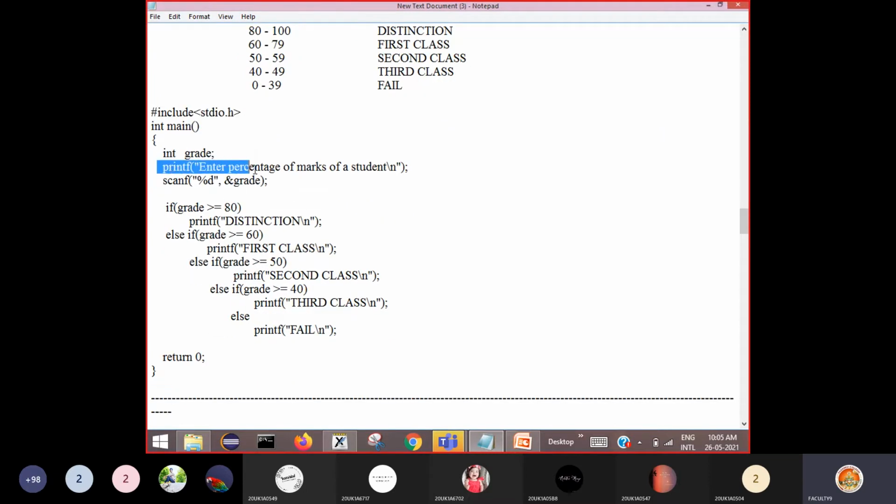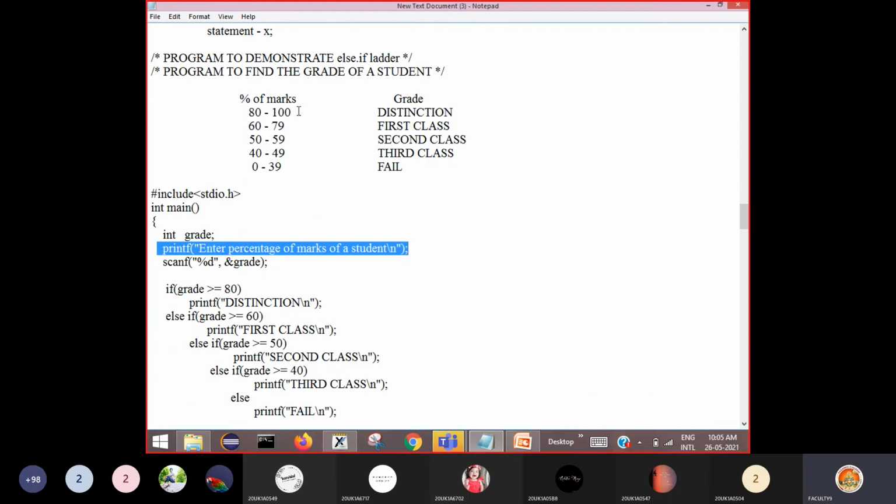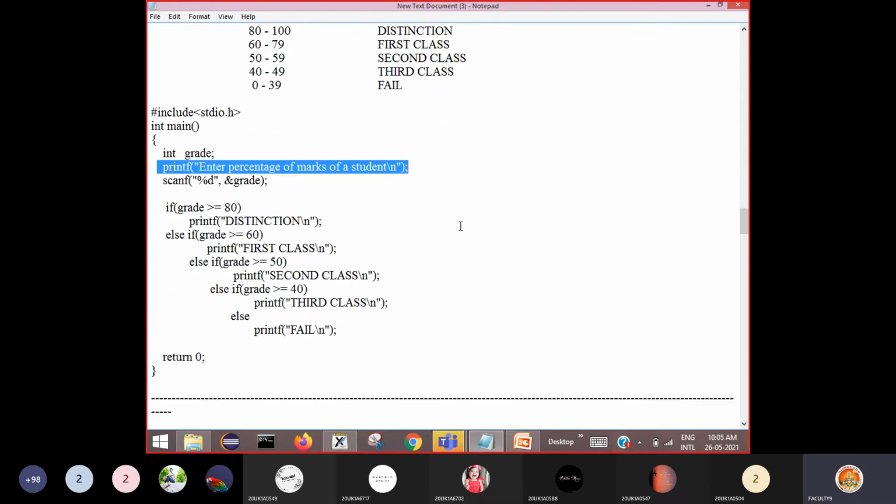Now ask the user to enter the percentage of marks or average marks of a student. He enters some number, so read that number and store it in the variable grade.